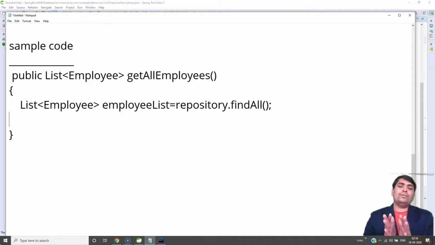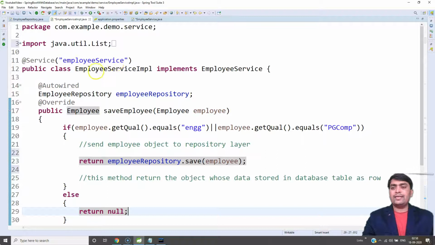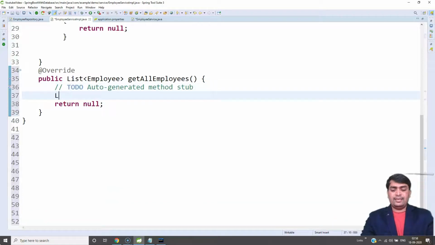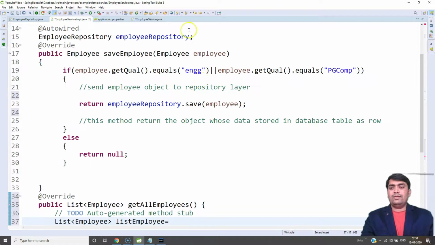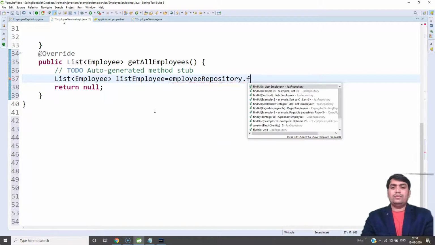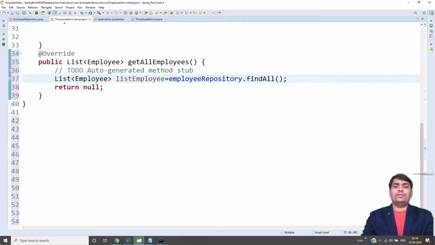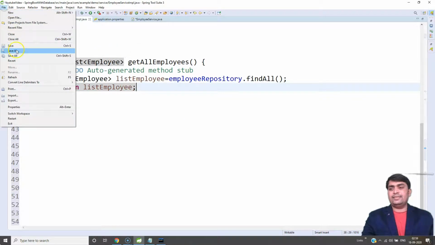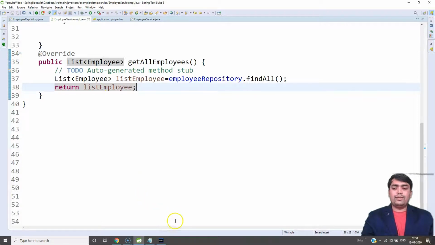Let's implement it practically. In the service layer, write List<Employee> list equal to employeeRepository.findAll, and we return the list of employees. It is very simple.